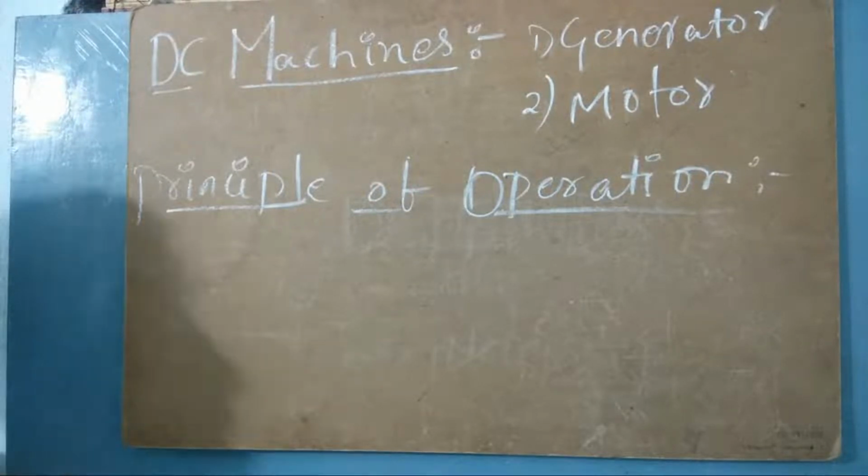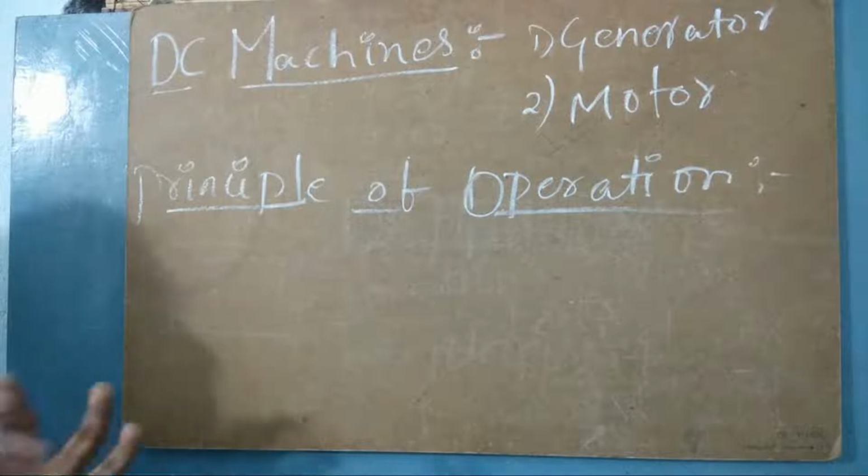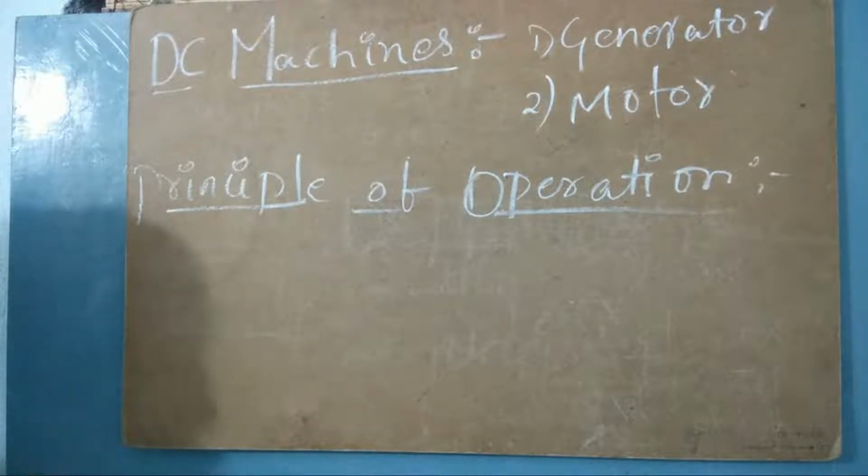There are certain laws that he has proposed. We have to go through each of the laws that he has proposed, and let us see how this motoring or generator principle works. Here let us understand the first basic concept of generation and then we shall go with the motoring process. No matter what it is, the principle of operation is nothing but Faraday's law of electromagnetic induction.